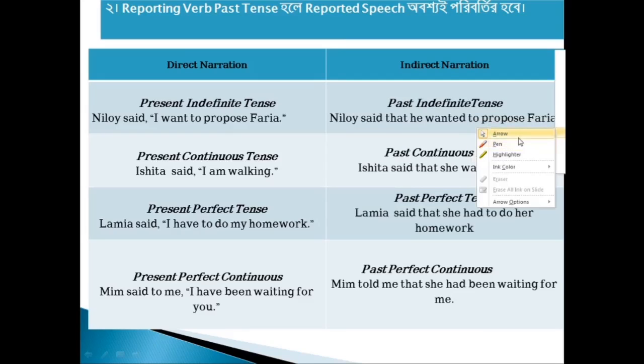অর্থাৎ নিলয় বলল আমি ফারিয়াকে একটা প্রস্তাব দিতে চাই, হয়তো কোনো একটা ভালো কাজ করার প্রস্তাব সে দিতে চায়। তো এখানে নিলয় said, here নিলয় said is the reporting verb. So we observe that said is the past form of say. So since it is in past form, of course we have to change the part which is inside the inverted commas. So I want to propose Faria, এটা হচ্ছে প্রেজেন্ট ইনডিফিনিট টেন্স, আমরা এটাকে তখন পরিবর্তন করতে হবে পাস্ট ইনডিফিনিট টেন্সে।